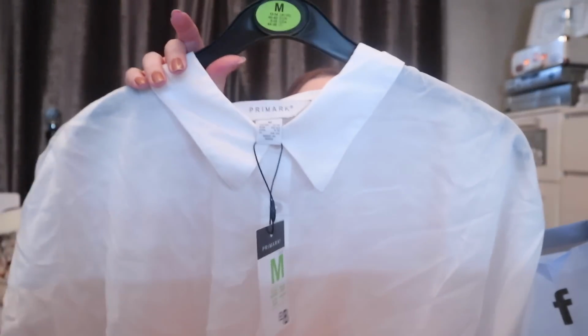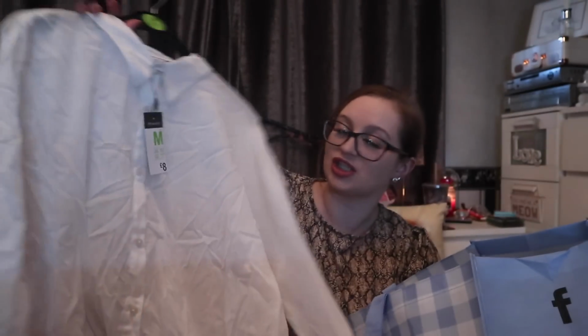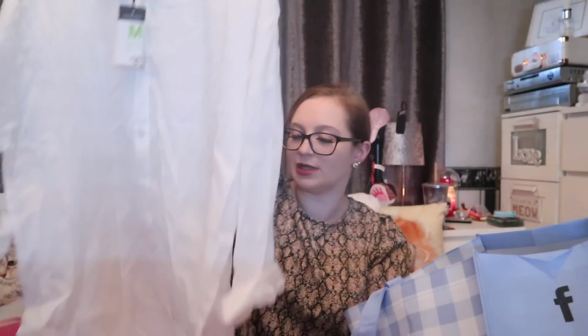it really oversized. I mean, there's nothing you can really say about this, can ya? It's just an oversized beach shirt. However, if it does fit nice, I might pick it up in the black, because I tried the small, held it up to me, and it weren't long enough. And the thing for this, I would like to perhaps just chuck this on to go down for breakfast, anything like that. So I think with the size up, it gives me that length that I need. So yeah, £8. If I do like it, then best believe you'll be seeing it in many, many hauls,